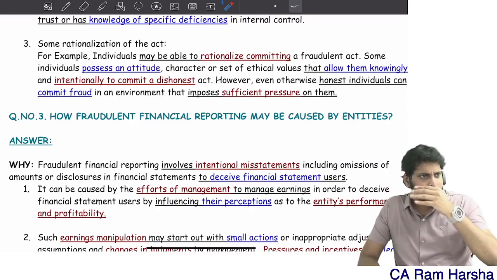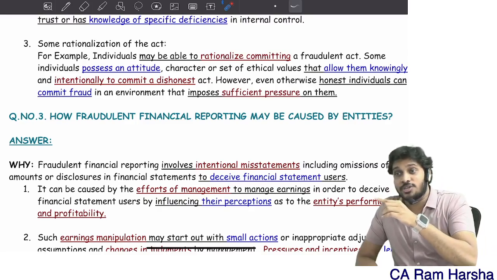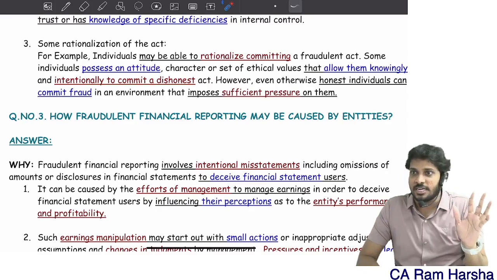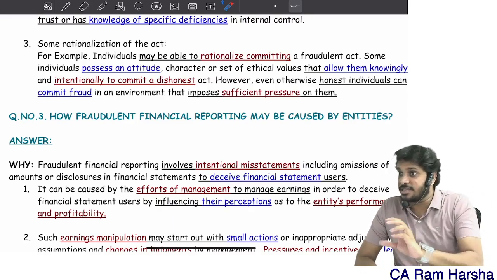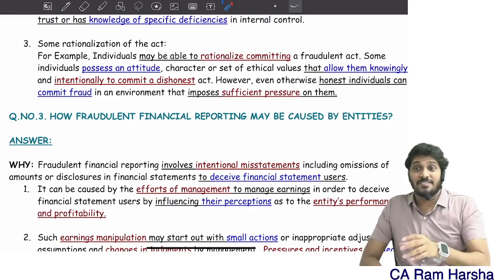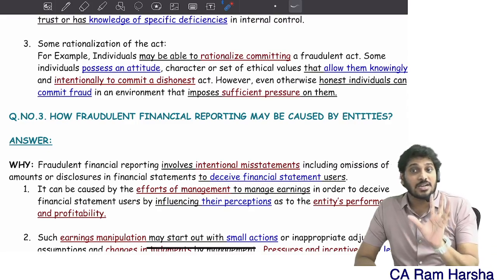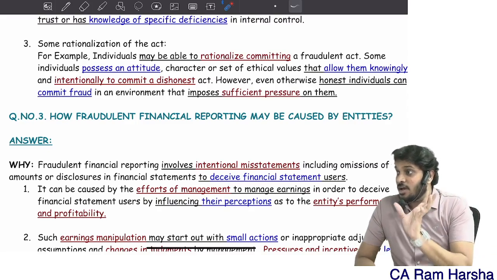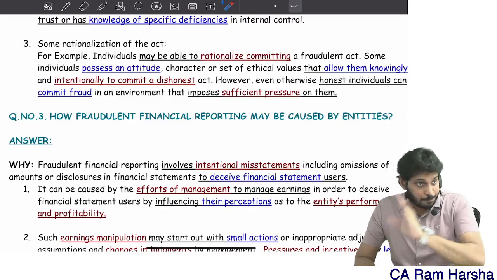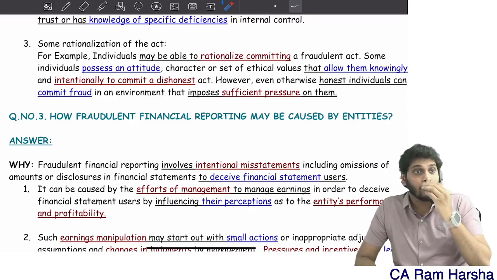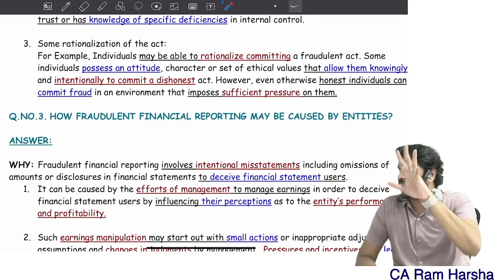if pressure is there, see whether there is any opportunity for them to commit a fraud. Yes, they are transacting with so many related parties, so there is a high possibility they will inflate. And see whether their attitude supports it. By interacting with them, you will understand their perception about the entity, their attitude, and the history of complaints received on them. By looking at all this, you will understand whether fraud risk factors are there or not.